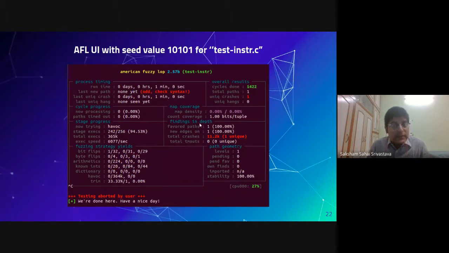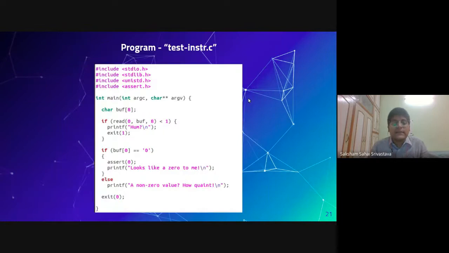The most important thing which this interface shows is the unique crashes. You see that in 1 minute, 11,200 crashes have been found, out of which only one is unique. So it means one unique crash has been found. When I show you the demo, you will see that this crash happens in a very short time, only 2-3 seconds. And this crash happens just because of this assert statement. Means when this condition becomes true, it becomes assert 0, then a crash happens, and that is the one which you see.